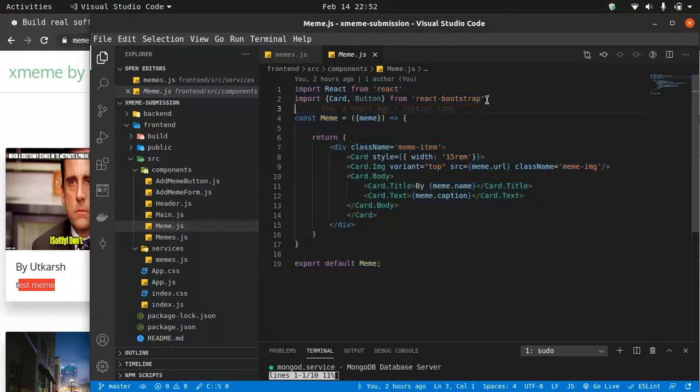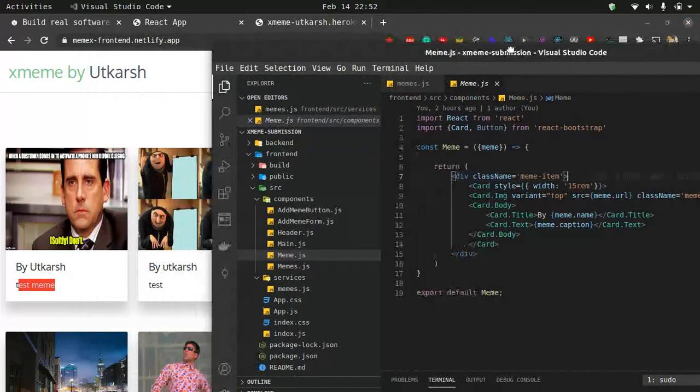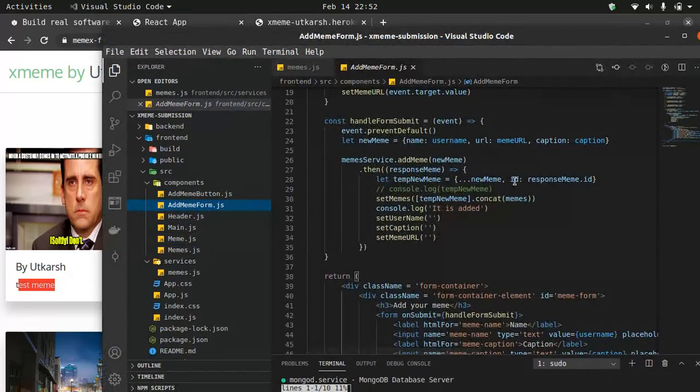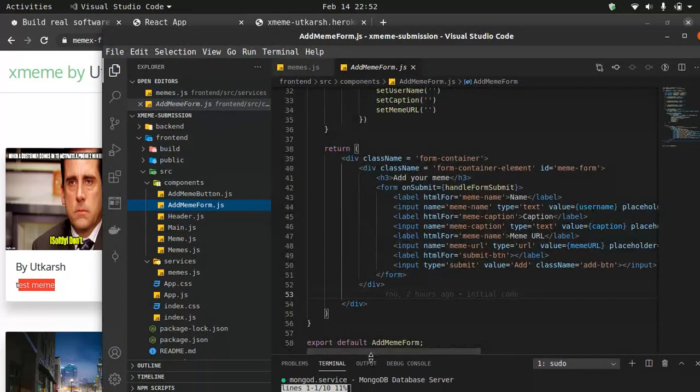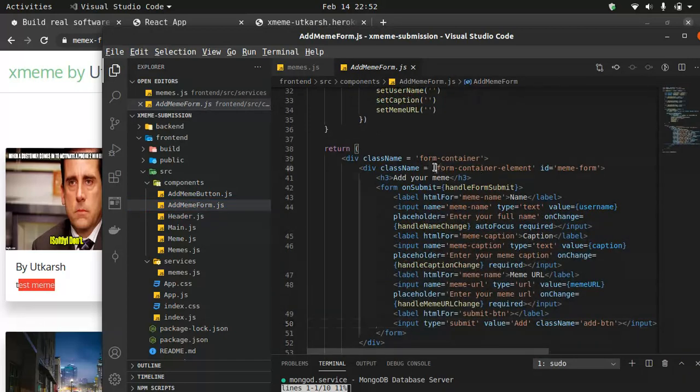I've used some of React Bootstrap to make the image card, but the box shadow part, like this shadow you can see, is done by me using CSS. And this is the form, and all of the styling is done by me.